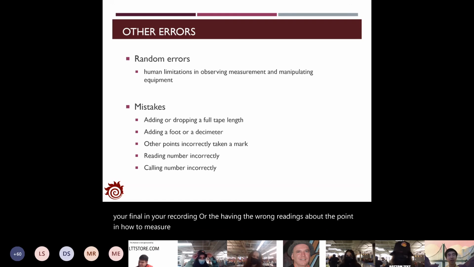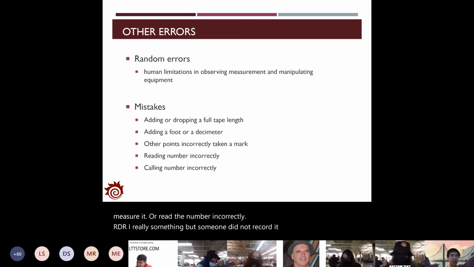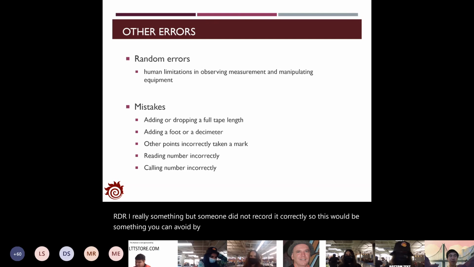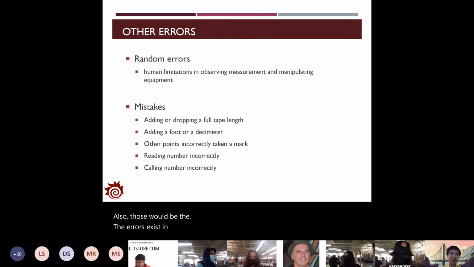or you read the number incorrectly, or you read something but someone did not record it correctly. So this would be something you can avoid by repeating the measurement multiple times. So those would be the errors that exist in the distance measurement,